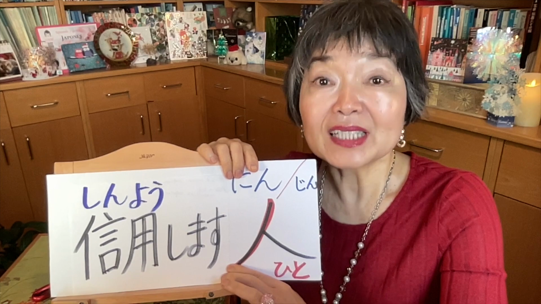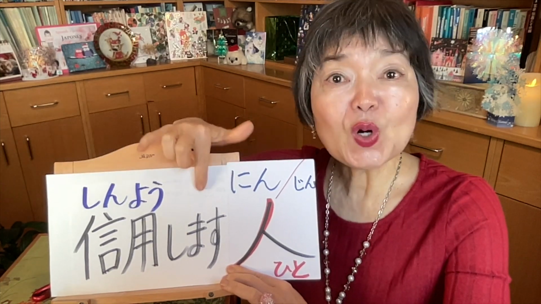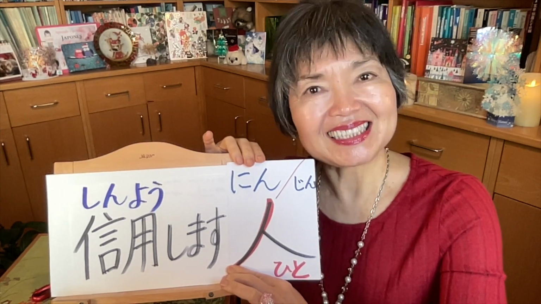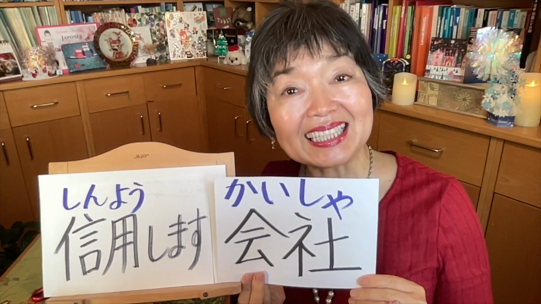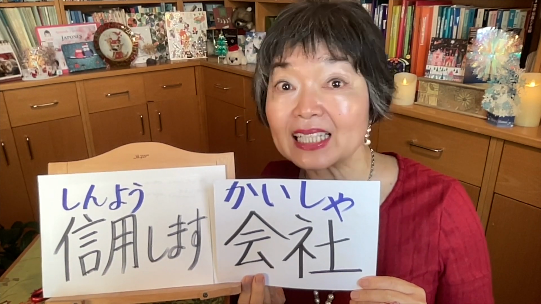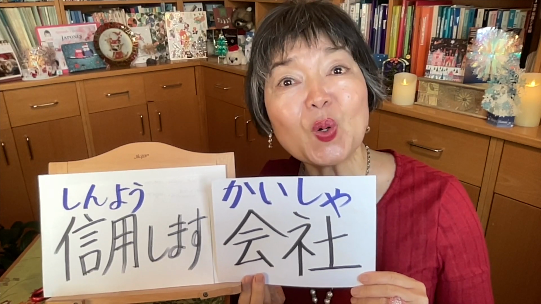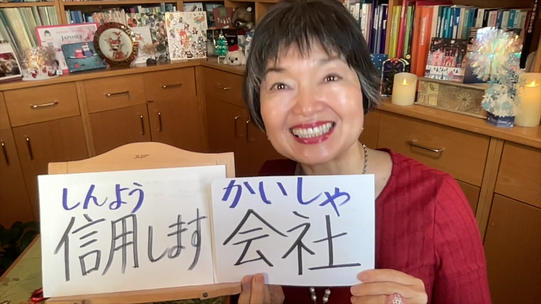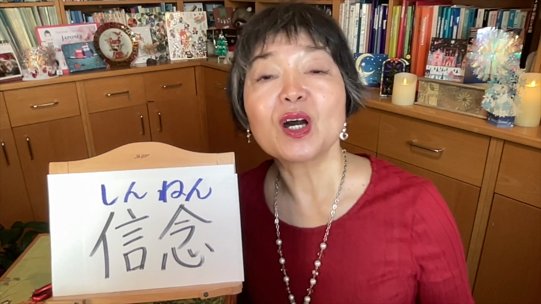This is a relative clause. 信用できる人。Other relative clause, the company I can trust. 信用できる会社。Oh, nobody trusts me. 誰も信用してくれません。あ、誰も信用してくれない。